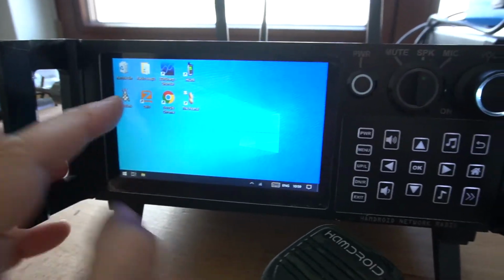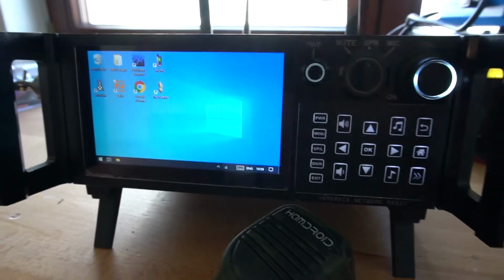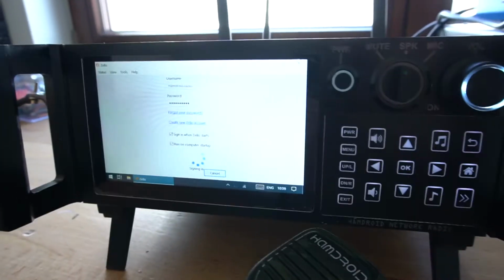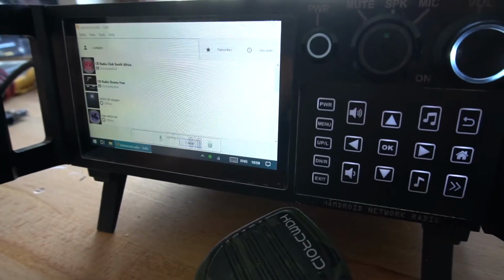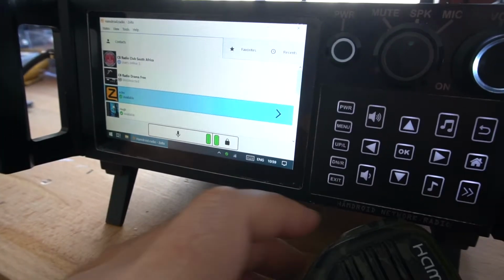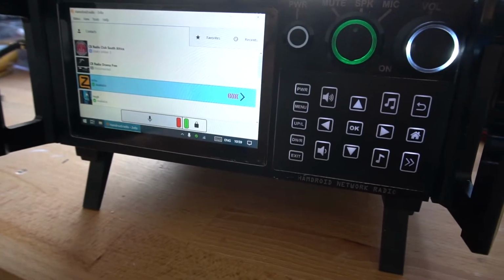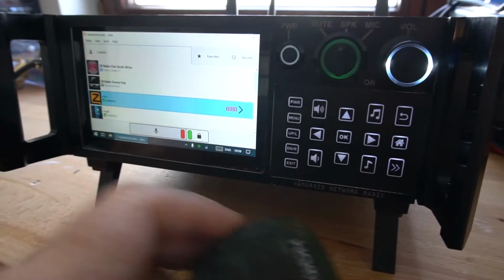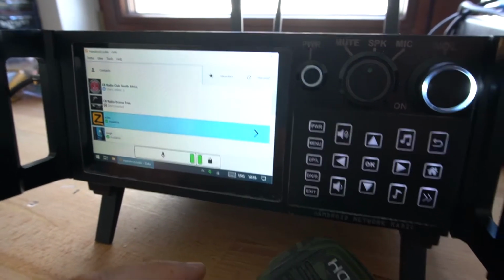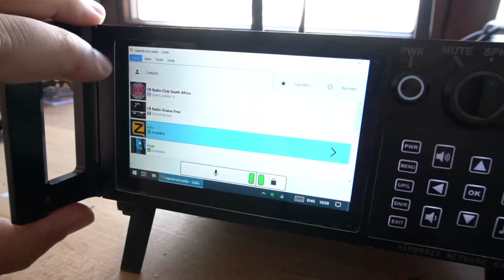So we can do a test on the echo test on the Zello quickly. I can just log in here. Just logging into Zello. Echo test 1 2 3 4. Okay, let's exit out of this one,